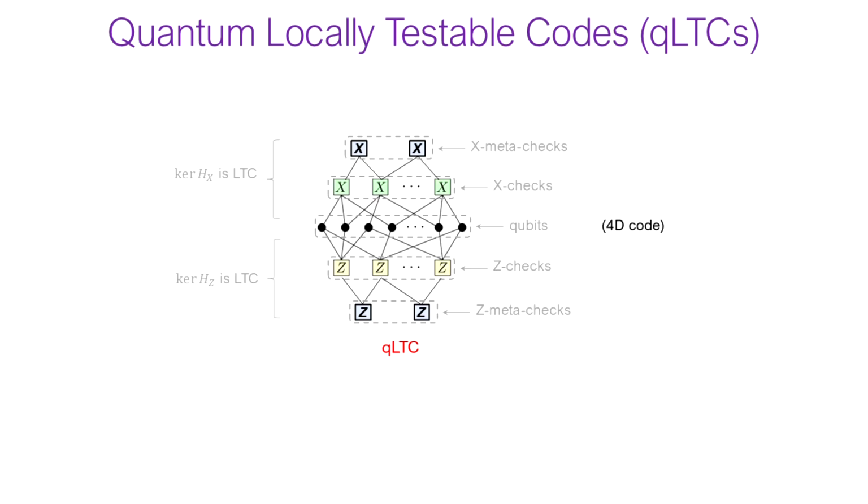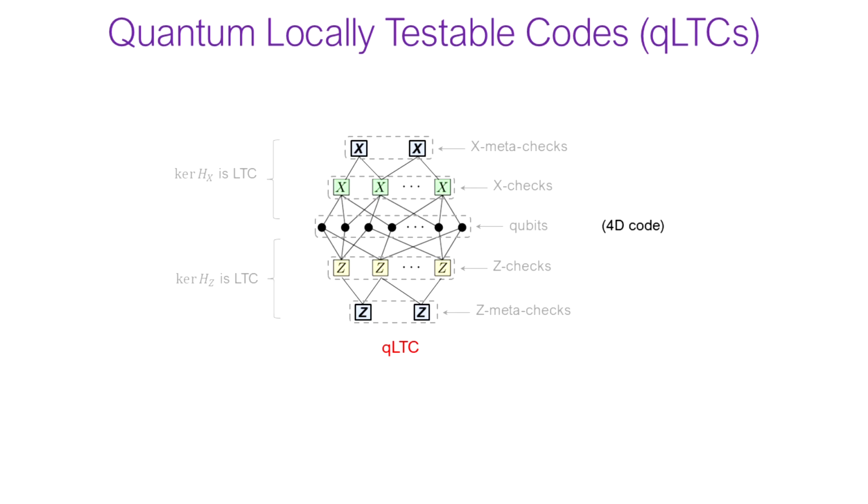Okay, and here, let me also briefly mention some four-dimensional analog of this, some kind of hybrid between locally testable codes and quantum codes. It is called a quantum locally testable code. What is it? It's a quantum code, a standard quantum LDPC code. But you also require that the checks, X checks and Z checks, are also very redundant. And if you consider the corresponding meta checks, you can consider these two